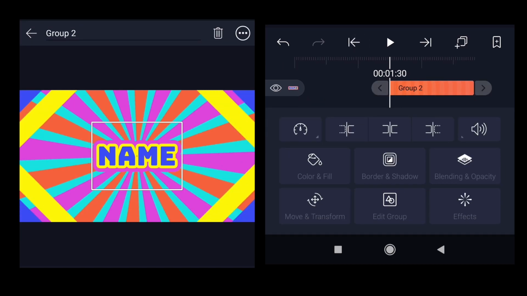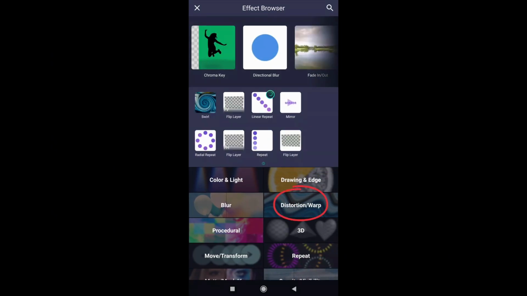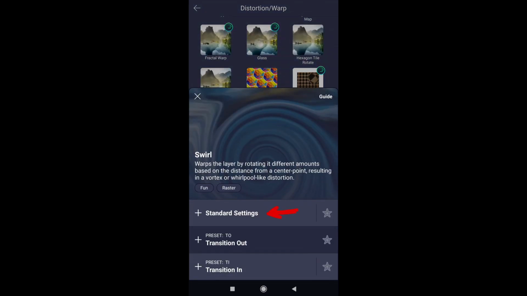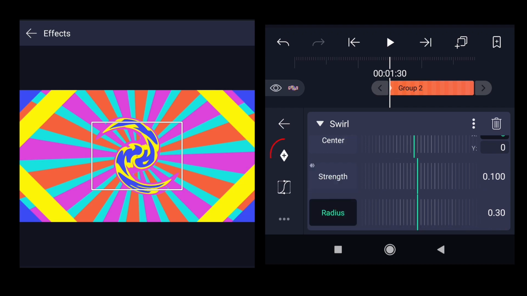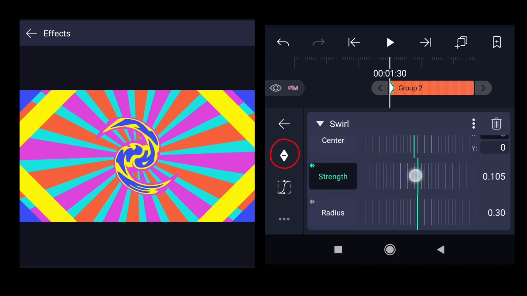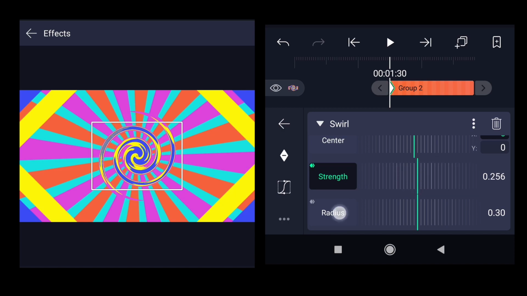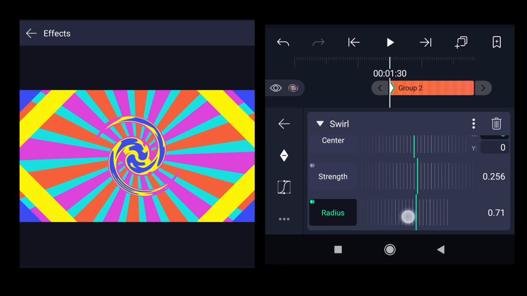Go to the start, then click on the effects, click on add effect, click on distortion or warp, scroll down, select the swirl effect, select standard settings. For strength and radius, add a keyframe at the start. Select the strength, increase the value to 0.256, radius to 0.71. You might be wondering how do I know these values? Obviously I have tried it before creating the tutorial, so I know these values to find out when it looks